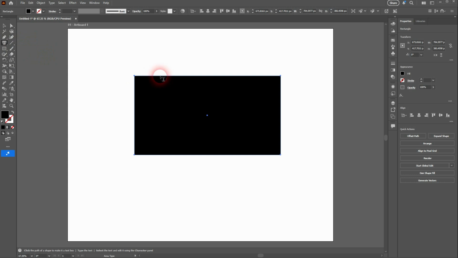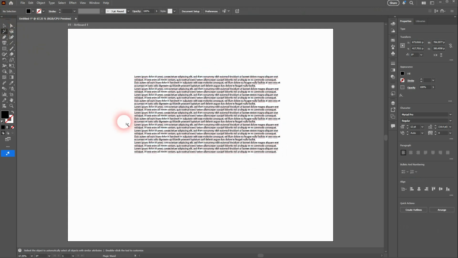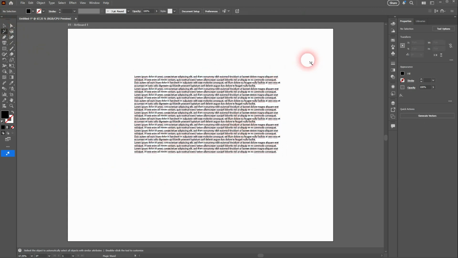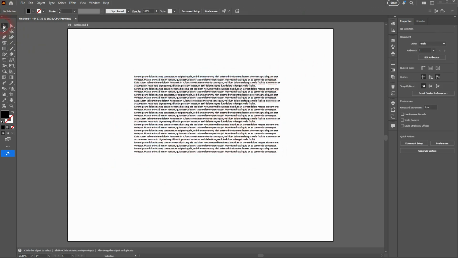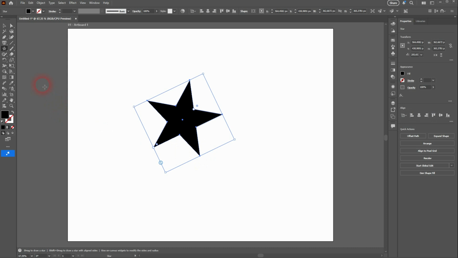But don't click on the shape. Click on the path of the shape, so the outline. And you can see with the rectangle, we get this typical rectangle text. Not that spectacular. But if we use, for example, a star, and then we use the area type tool, left click once again on the outline,